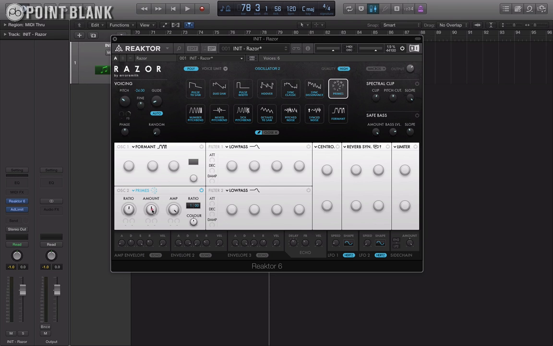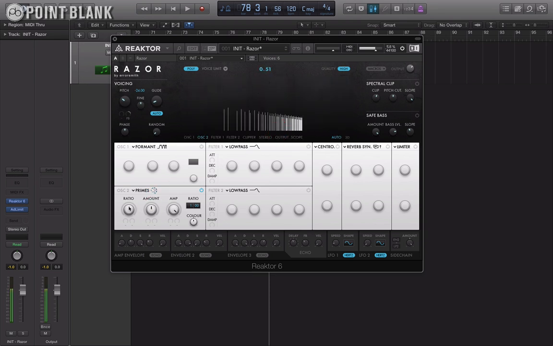So with this amount parameter in the middle and the ratio all the way down, then I'm back to just a regular sawtooth wave, and adjusting either left or right, give me my prime numbers, non-prime numbers, and what I can do is transpose